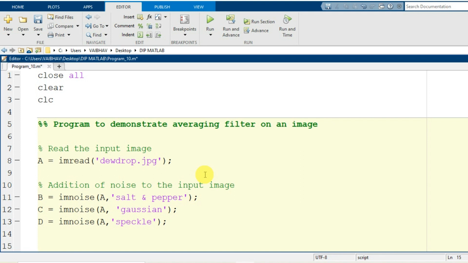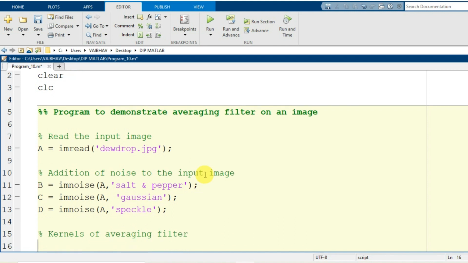Now we have to figure out the averaging filter here. For that purpose we will be generating the kernels, or masks as you say. So these will be the kernels of the averaging filter. Here we will be generating the filter kernels of the dimensions 3 by 3 and 5 by 5.